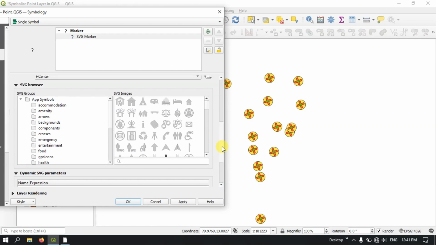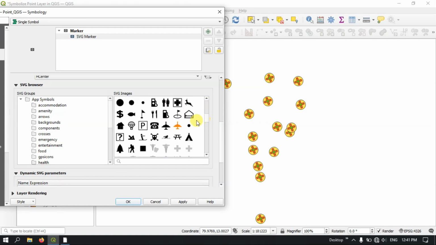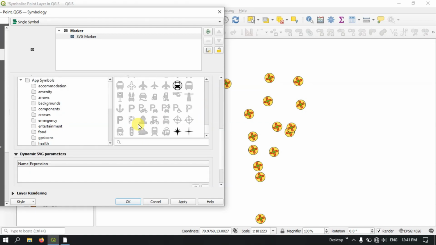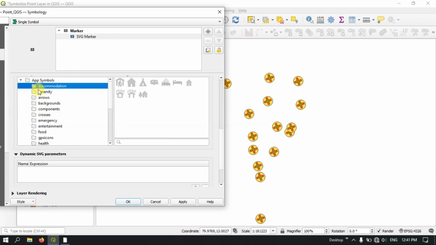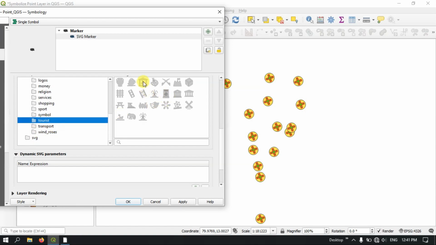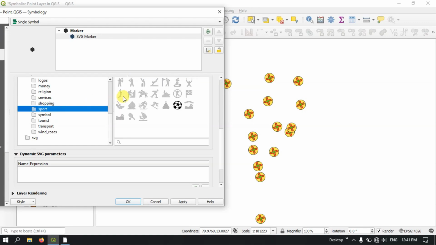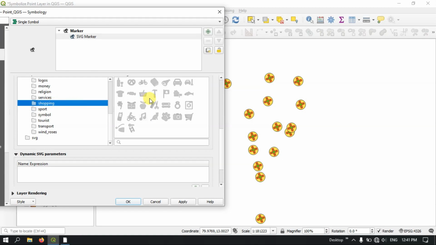If you scroll down, you can find a lot of symbols available here. You can choose any of these symbols. You can select it from the folders. For example, if you want to select accommodation, you can select from these available symbols. If you are symbolizing a tourist spot, you can just pick it accordingly. Sports, likewise you can pick it accordingly. Shopping, so you can pick among any of the following,